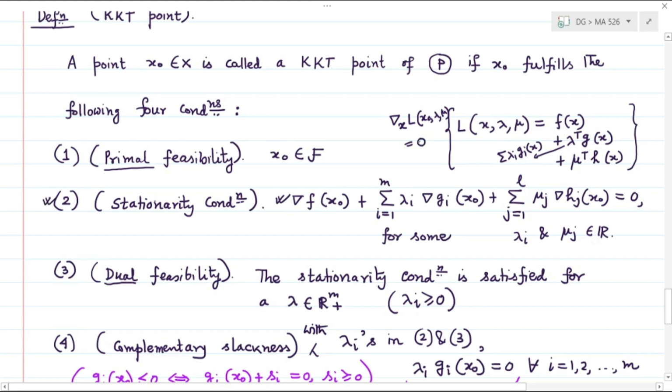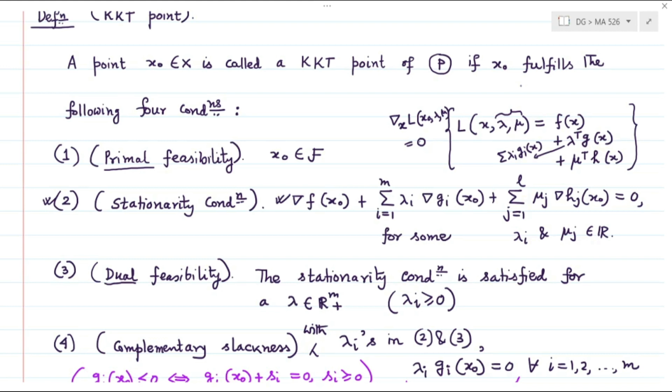The second condition is referred to as stationarity. It says that (x0, lambda, mu) is a stationary point of the Lagrangian function. With the help of this Lagrangian function, we can define a dual problem for the given constrained optimization problem. We will in fact see that for any minimization problem, there is a maximization problem hidden inside the problem,